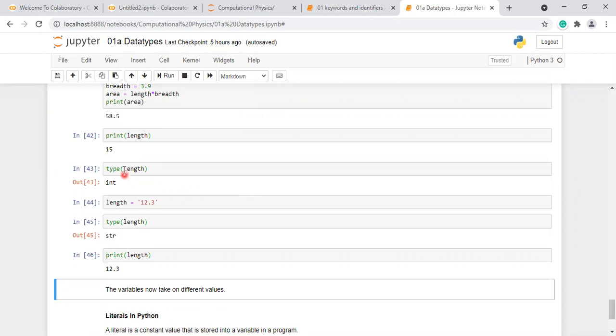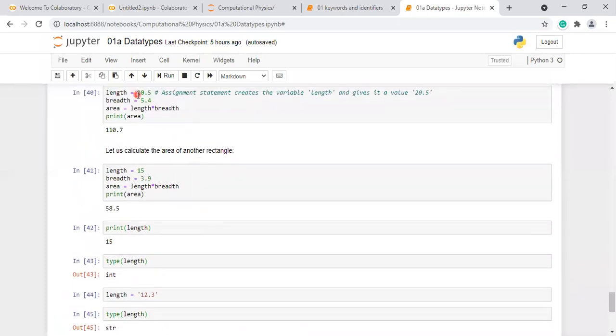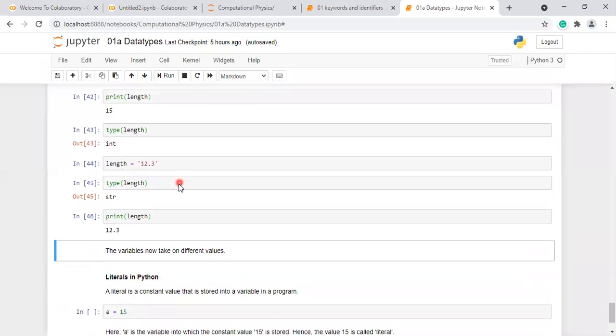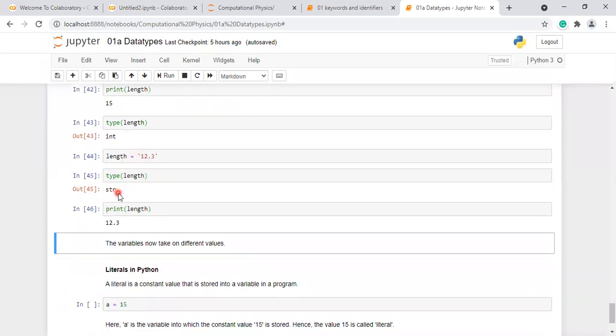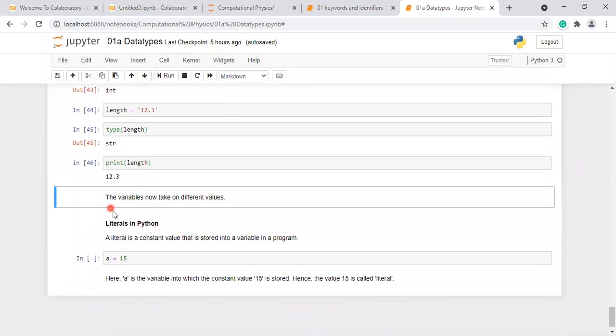But we can see that Python is quite flexible. The value of the variable can change, and not only the value, the type of the variable can also change. It changes from floating point to integer, and then from integer to string.